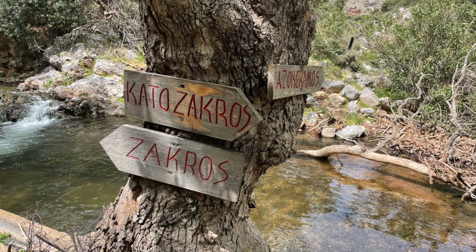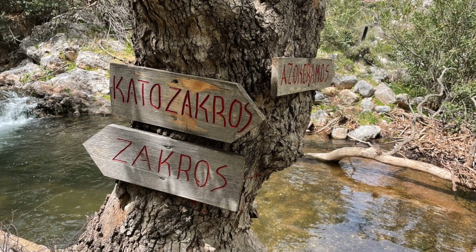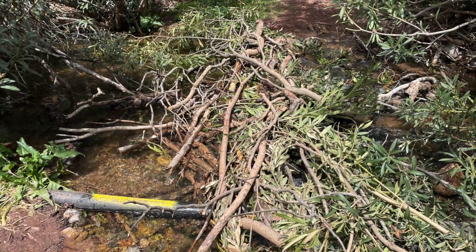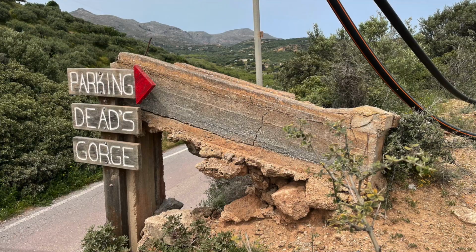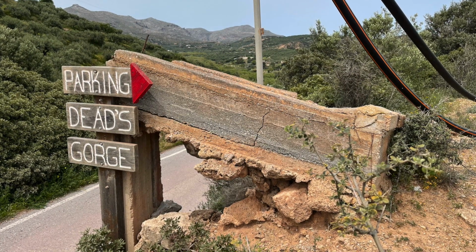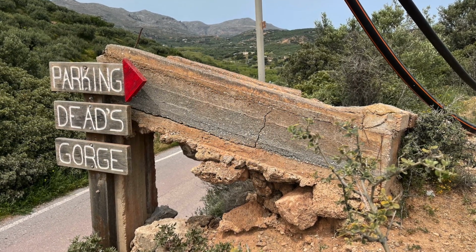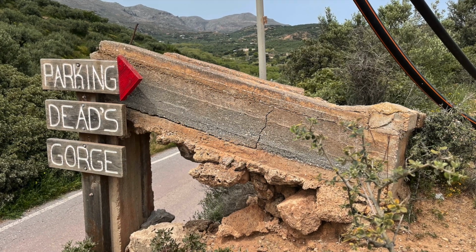More signage pointing towards Zakros, which is the hilltop town. People put down branches to help you get across some of the deeper stretches of water. And this is the sign that you're looking for if you're going to go down from the top, parking for Dead's Gorge. Once you get to the top, if you've gone up option A, you come down a roadway and